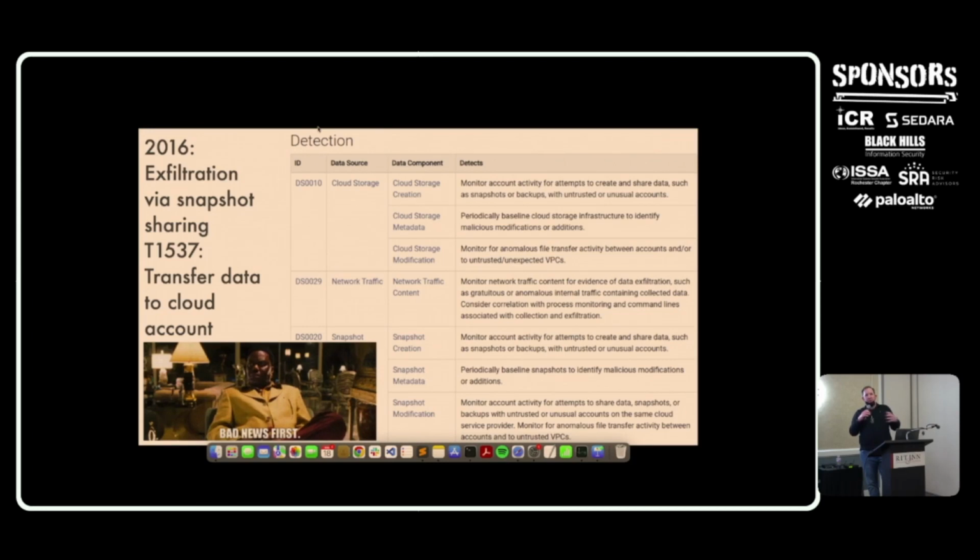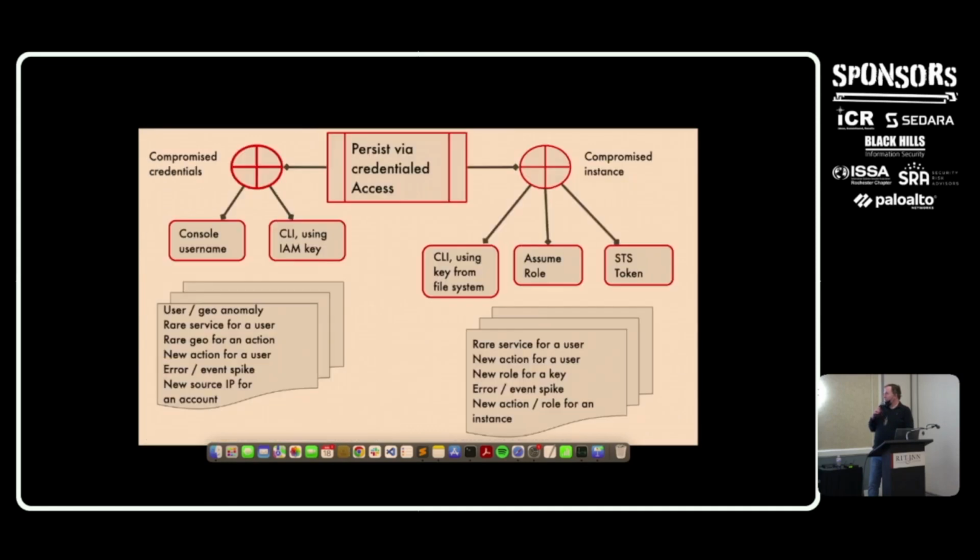Most rule languages and most security products are search-based or query-based. So you can write rules with searches or queries that match, say, the action is share snapshot, or the source IP is this. You can match any particular value in the field. But most of these rule languages don't really have a notion of anomaly detection, where you try to compose a rule that says, show me unusual snapshot activity that is very unusual from day to day. So in order to do this,